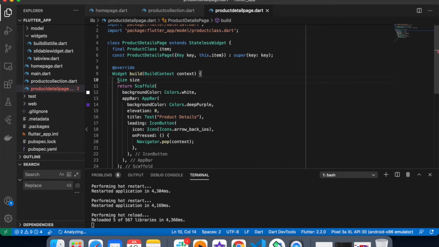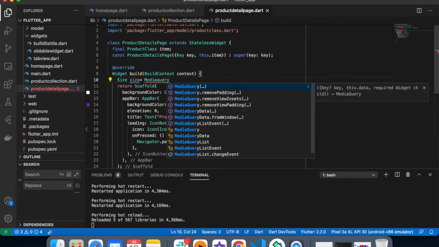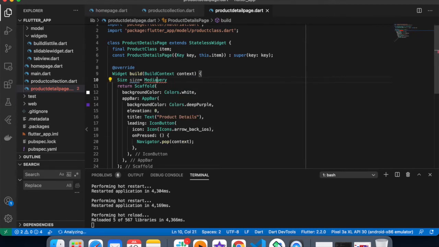Size equal to size. So media query font size. I want to call my site media query size by using this variable.